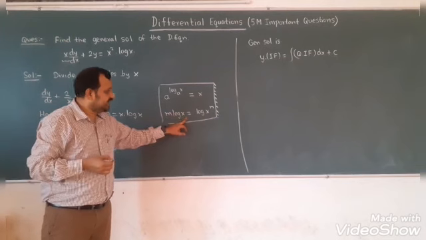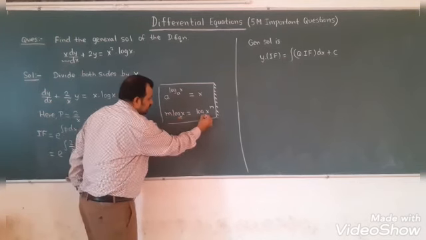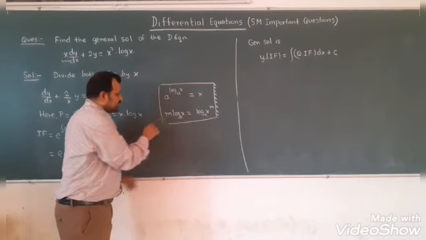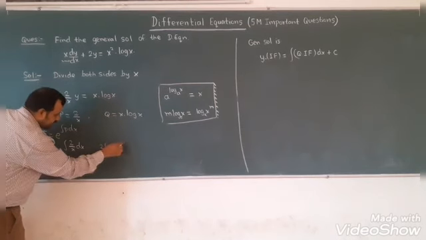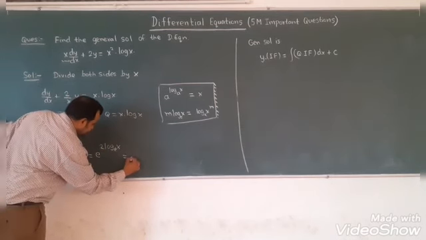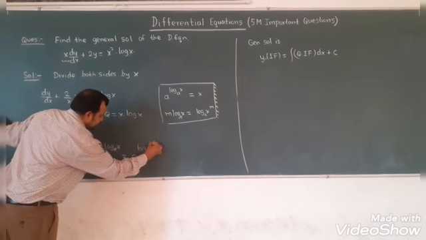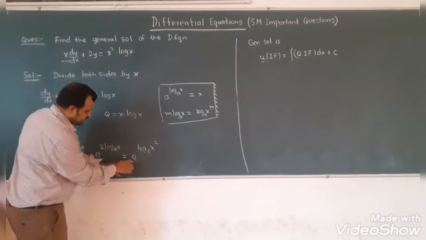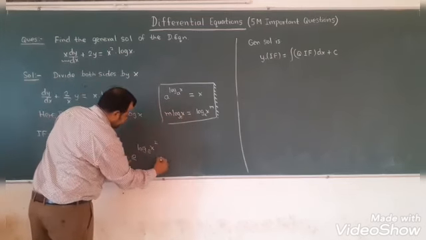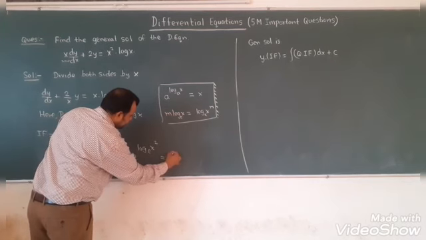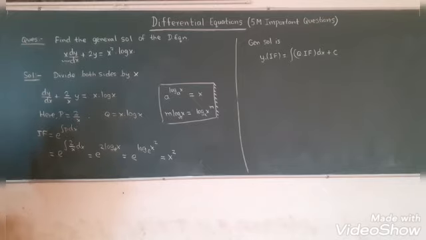So m log x we can write as log x to the power m. That means this coefficient we can write in the power. So what you will get? 2 will come here, so this we can write as e power log x to the base e, whole square. Now you can see this base and this base are both the same, so as per this result, the answer is x square. So the integrating factor is given by x square.